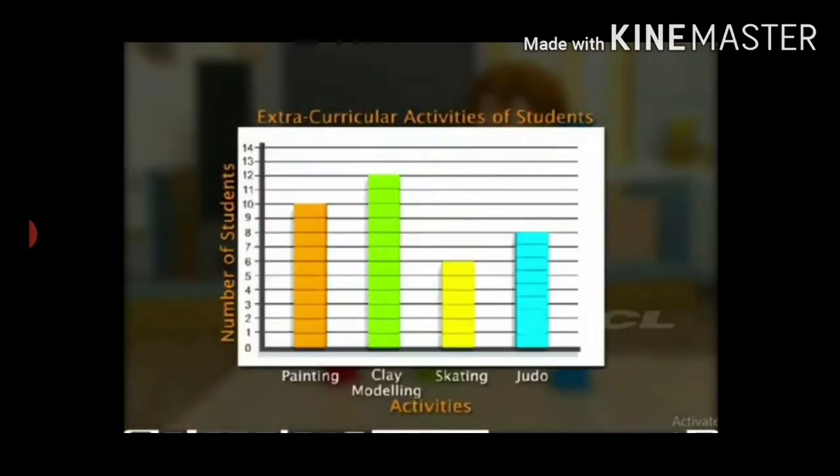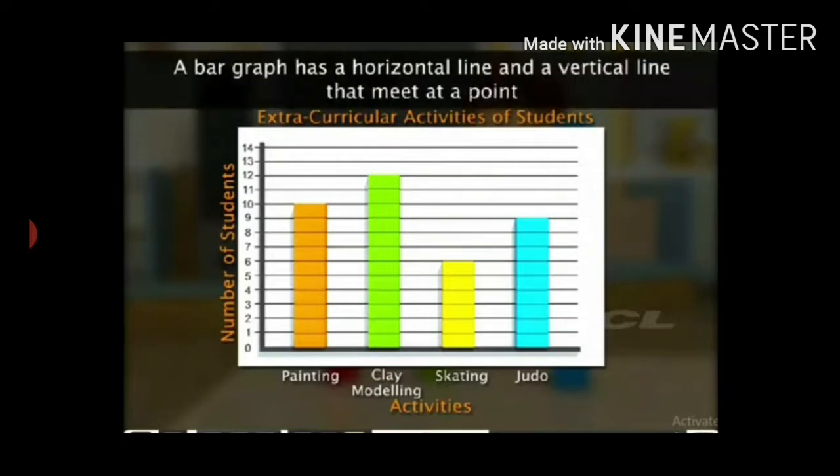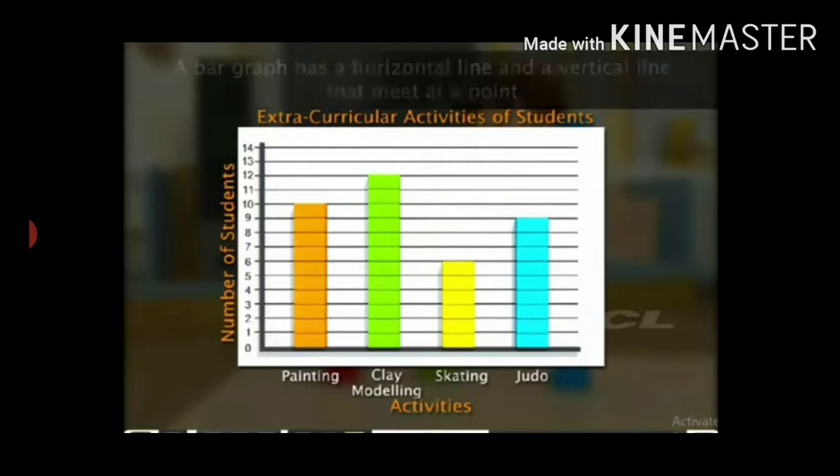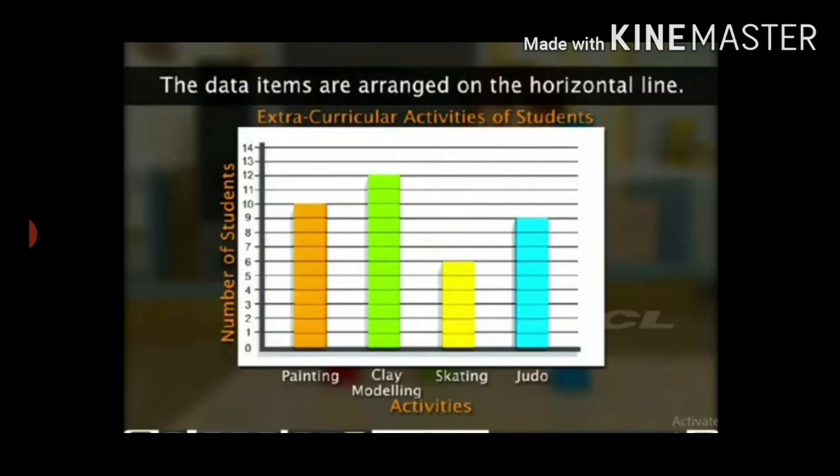Here is a bar graph showing the extracurricular activities chosen by students of a class. A bar graph has two main lines, a horizontal line and a vertical line that meet at a point. The data items are arranged on the horizontal line.